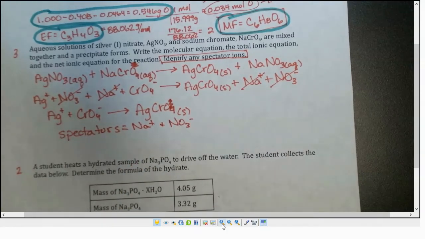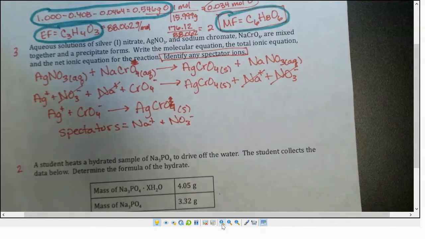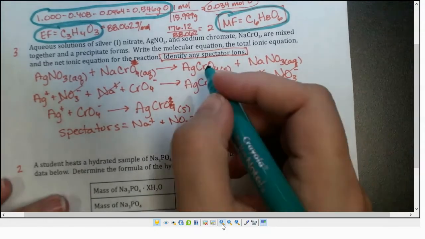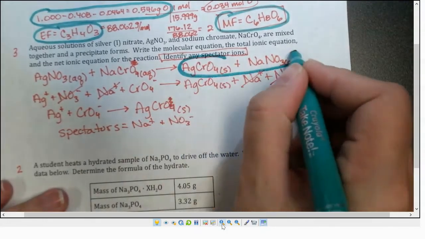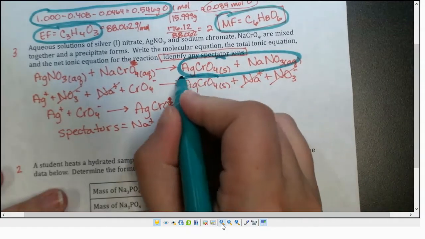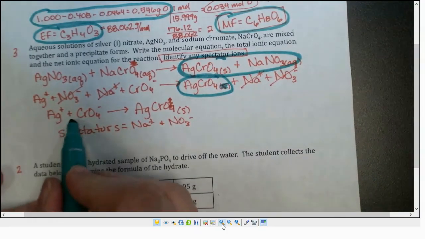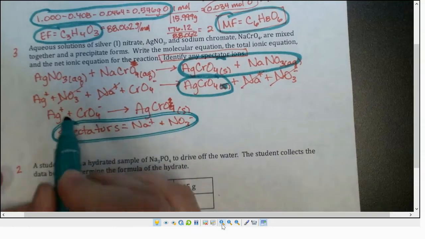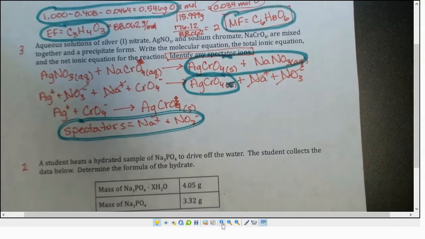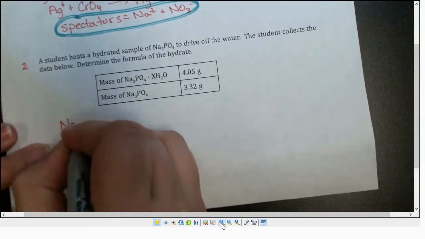In terms of the points that I was scoring for, just checking on your ability to swap some cations and anions to produce products appropriately. Somewhere in here I was checking, did you apply solubility rules correctly with that? And then did you read instructions, and do you know what a spectator ion is? Those were the things I was looking for there. 3 points. On this last one, we have a hydrate,